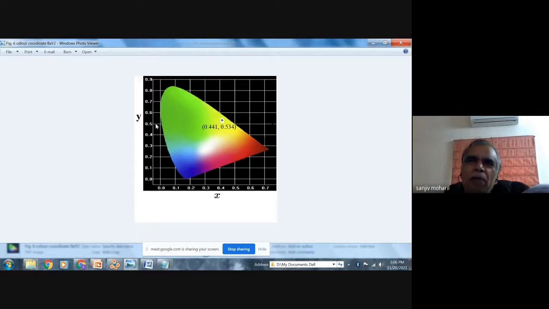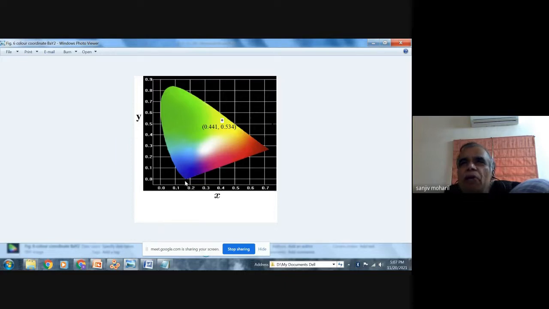So this type of graph we obtain. The blue color will be somewhere here. Since it is RGB, X is very small. The green value is also very small, and blue will be nearly 1. So you find here x is very small, y is 0, and the blue will be about 0.85 or something. So this corner is blue.